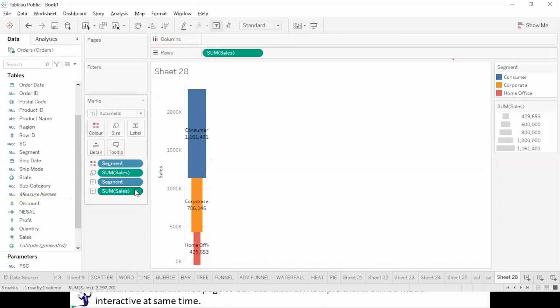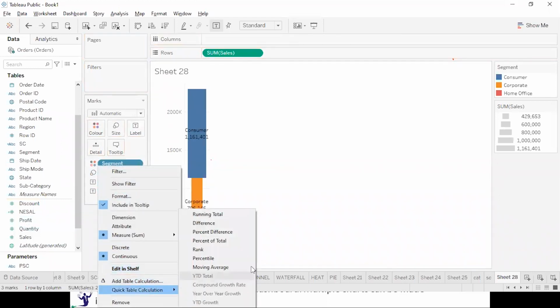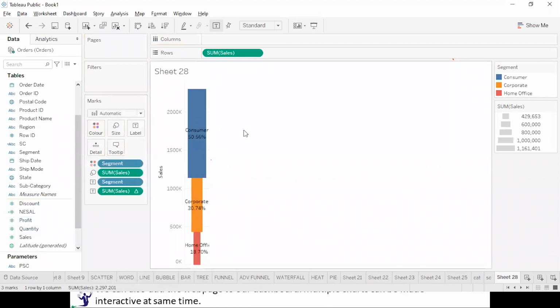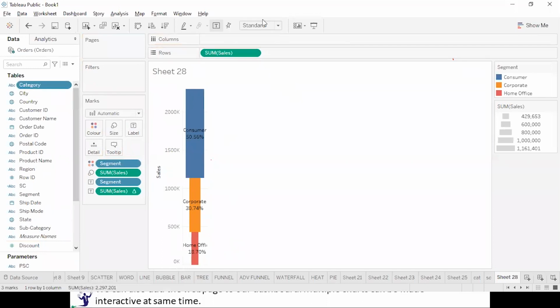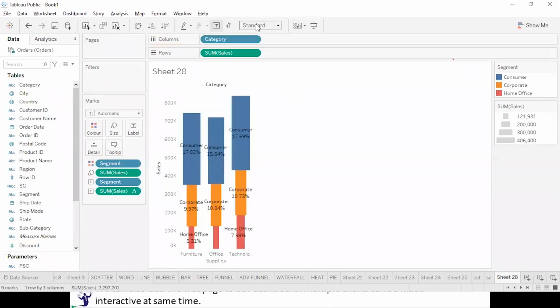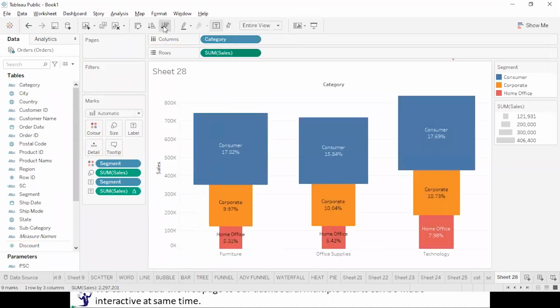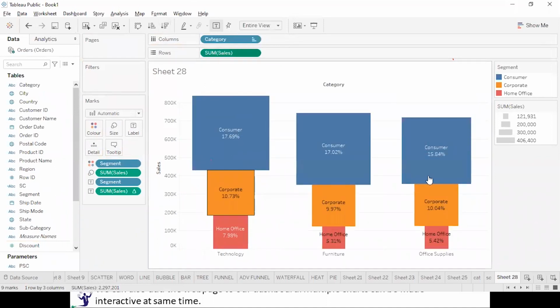And I would like to display the sales as quick table calculation and percentage of total. And let me also take category over here, and let's make it as entire view. Sorted. Here it is. Let me name it as segment.